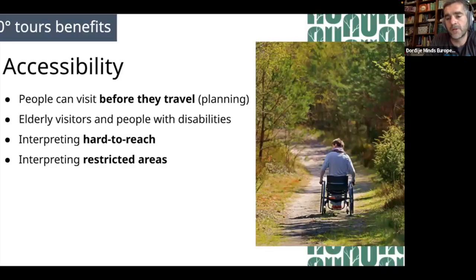This picture on the right shows that some protected areas created trails which don't have that inclination, so people in wheelchairs can walk through, let's say, a national park or some protected area. But in some cases, due to landscape, people with disabilities cannot go there, so they can use 360 photos or 360 tours to visit